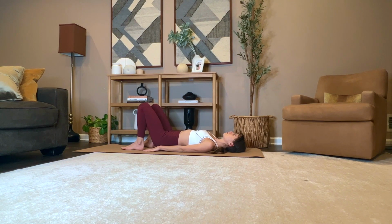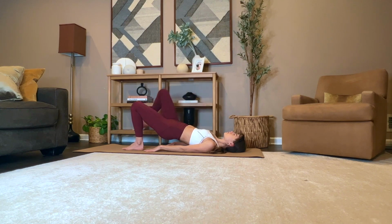Next exercise, bring your arms alongside your body. This exercise is called bridge. Press into your heels, engage your glutes, and lift your hips up. Engage your core here, and then slowly, one vertebra at a time, lower your back all the way down on the mat. Engage your glutes, lift up, and then lower back